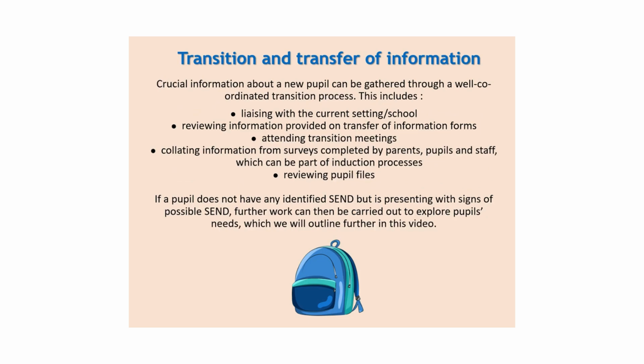Transition and transfer of information. Crucial information about a new pupil can be gathered through a well-coordinated transition process. This includes liaising with the current school or setting, reviewing information provided on transfer of information forms, attending transition meetings, collating information from surveys completed by parents, pupils and staff, which can be part of induction processes, and reviewing pupil